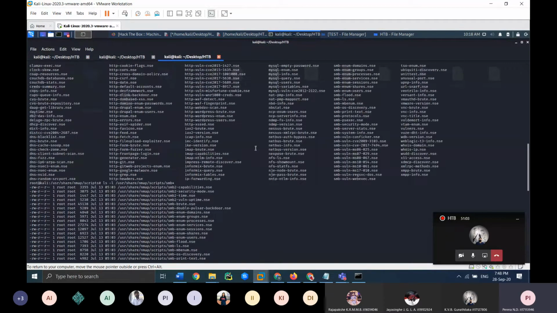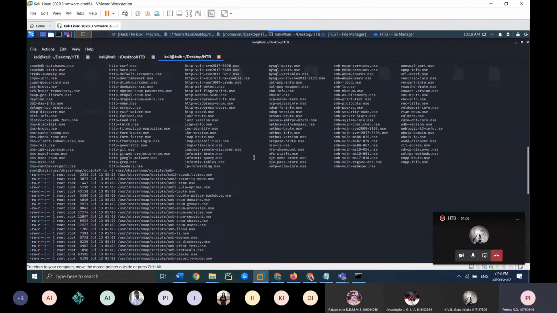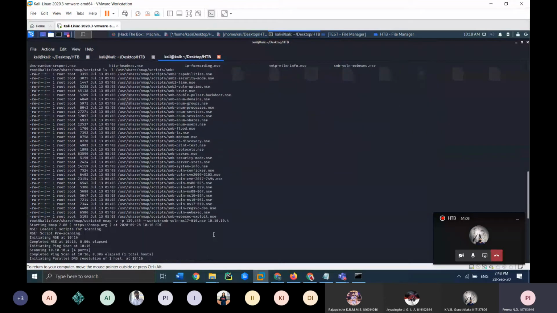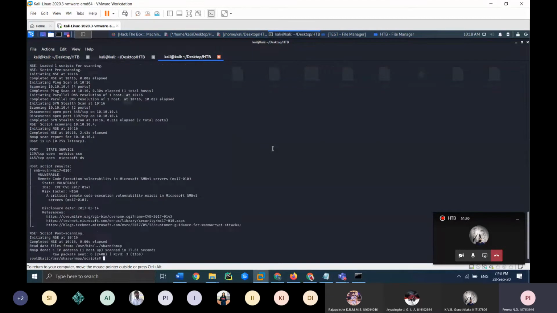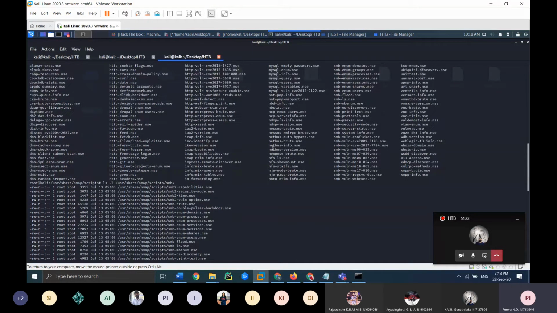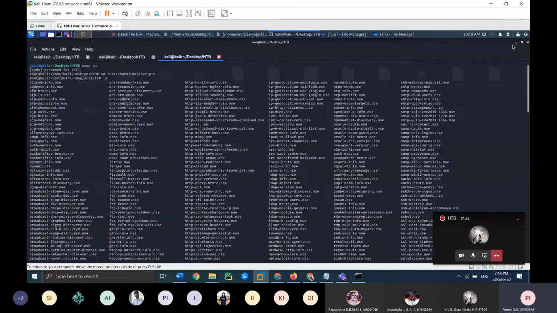There is an nmap script. This is vulnerable to MS08-067 as well, where MS means this vulnerability was found in 2008, and it's the 67th patch. So now we will be exploiting these two vulnerabilities.